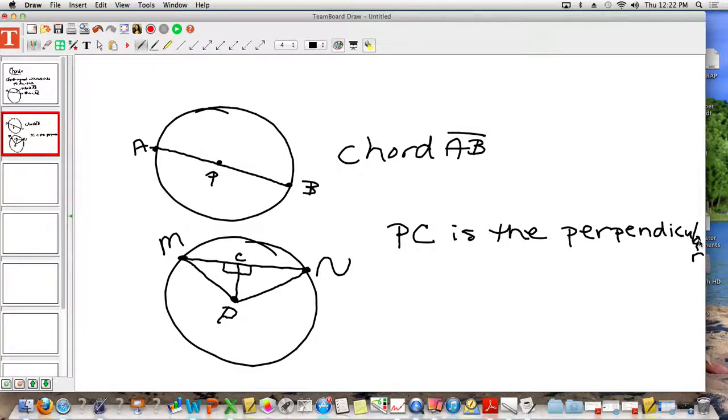It forms right angles, yes. PC is perpendicular to chord MN. It also